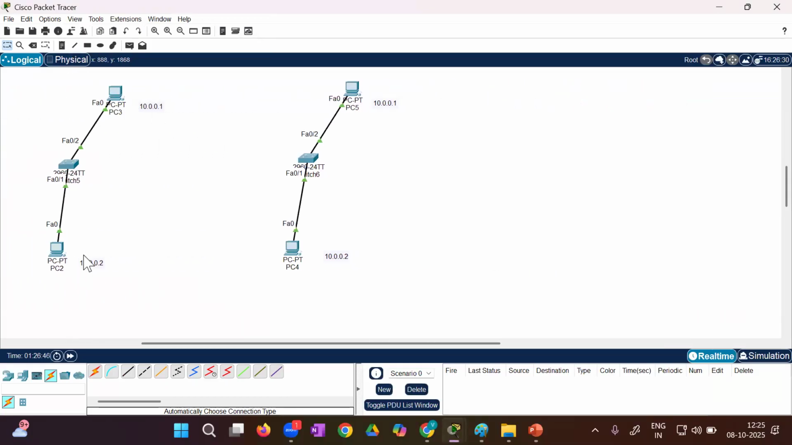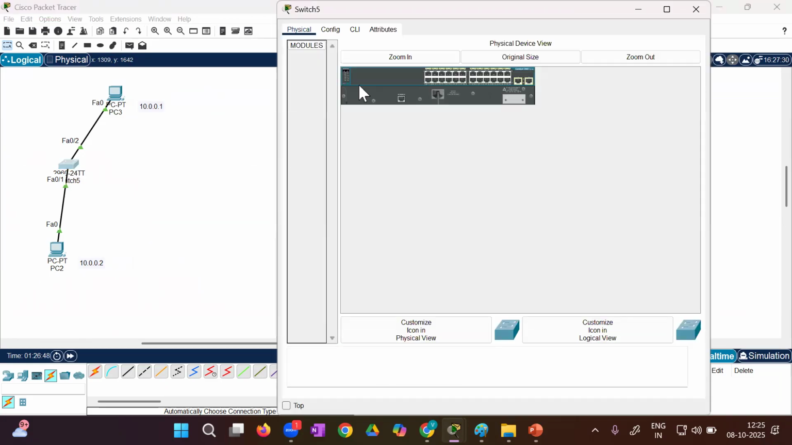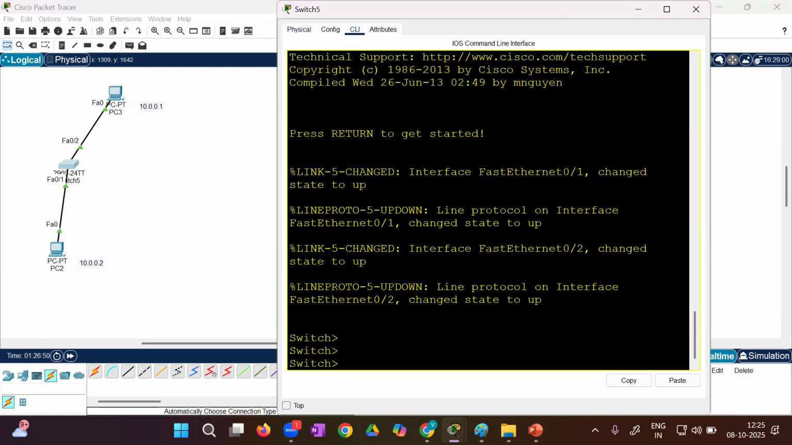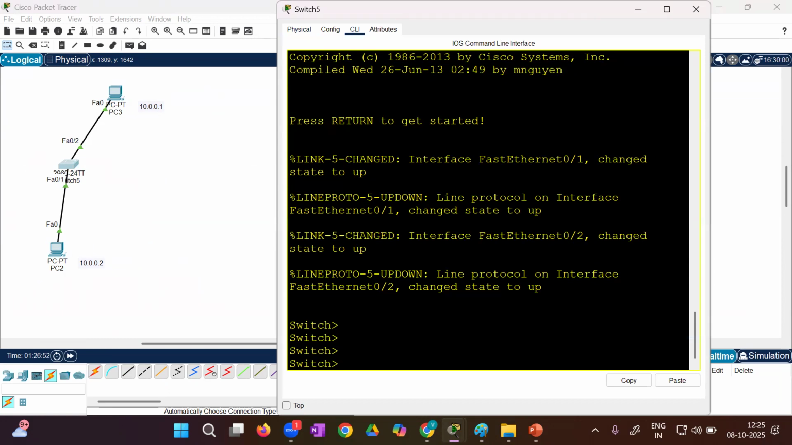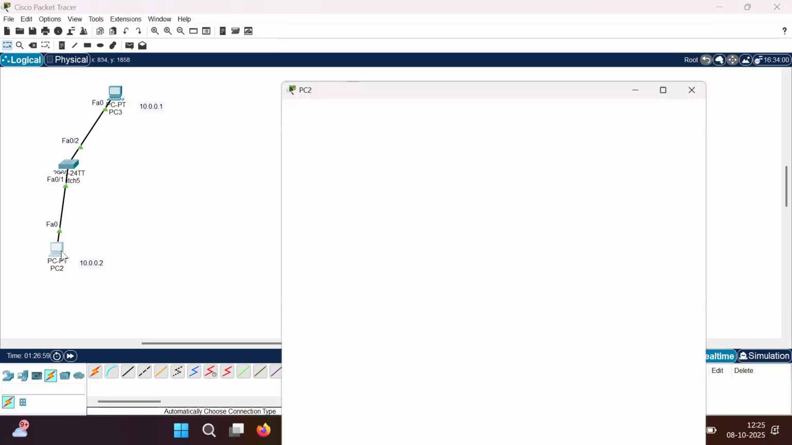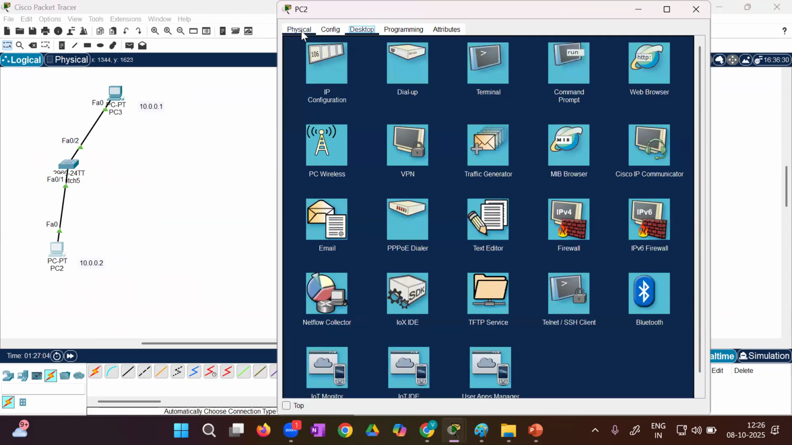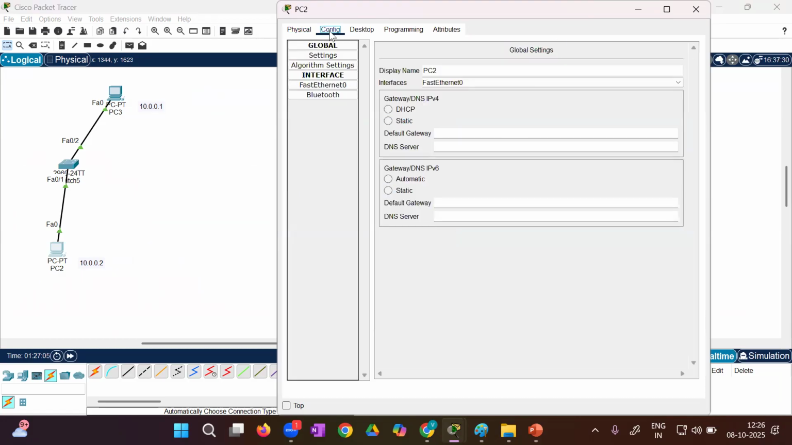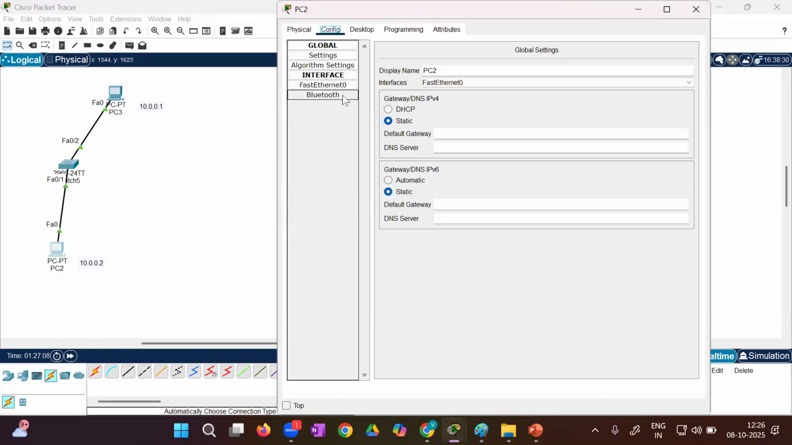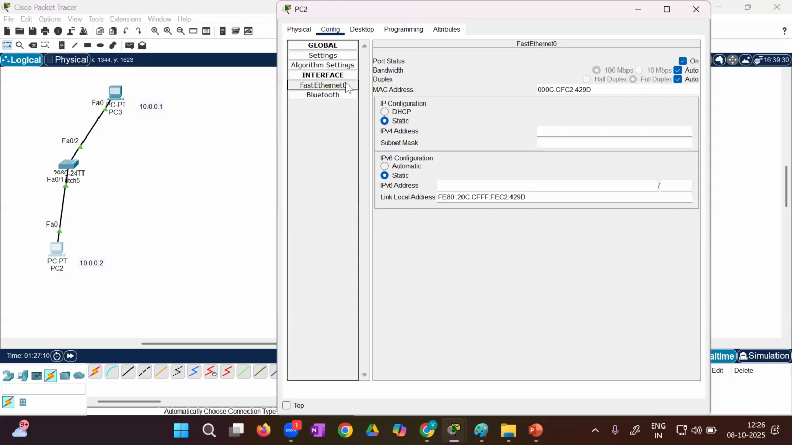Now come to this PC. Here I am not going to allow with the help of a single number, but here we need to specify the MAC address. So how will you specify? See, you come to this PC, desktop. Okay. First come to physical. Now come to config. See here FastEthernet of the PC. Here is the MAC address of the PC. Copy this,